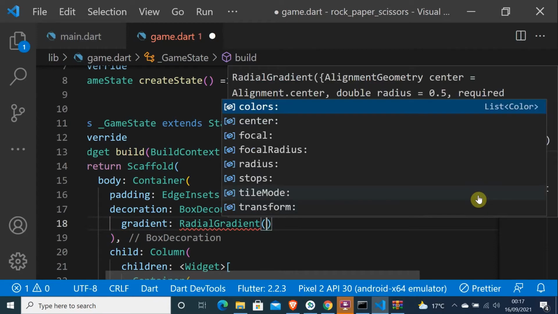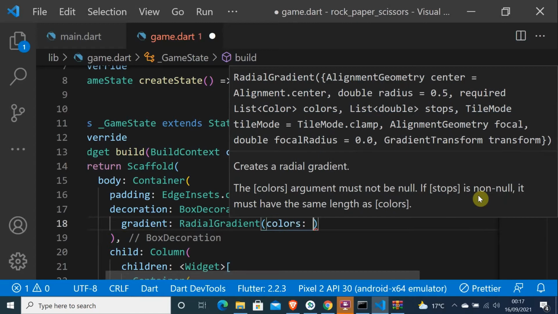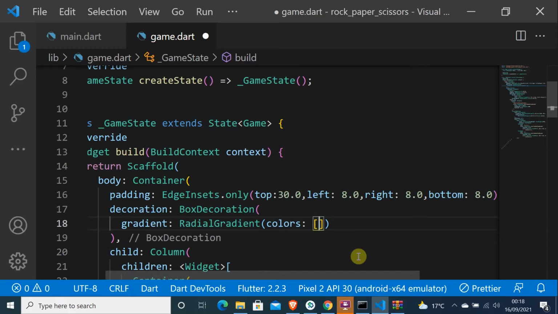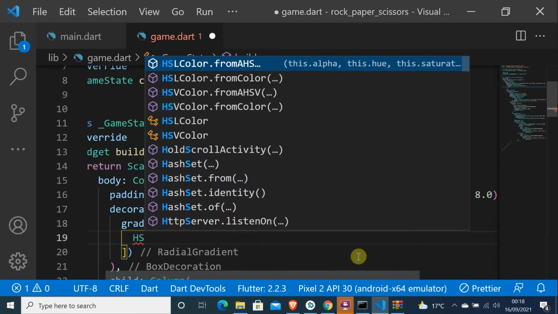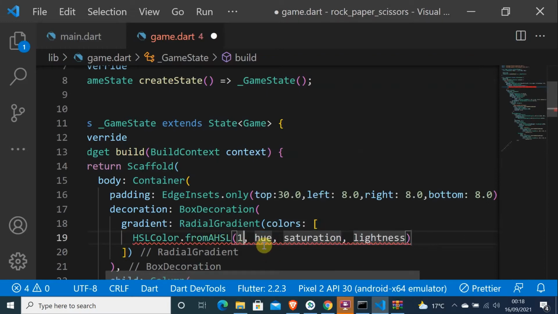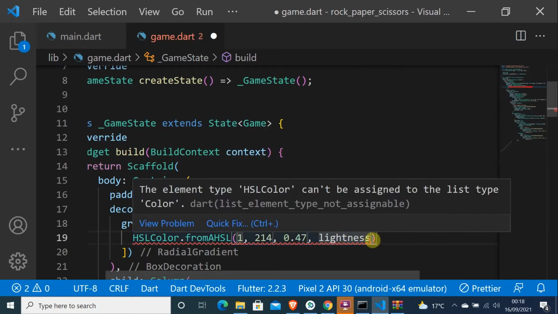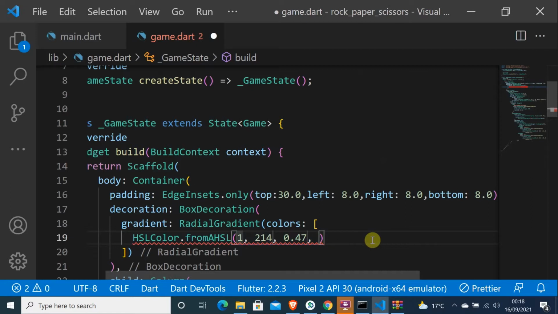Then let me just precise colors, and the colors have to be in an array of 2 colors, and let me just precise them with HSL, and we are going to use the same method, and hue 214, saturation 0.47, lightness it's going to be 0.23. Let me transform this to color, and let me